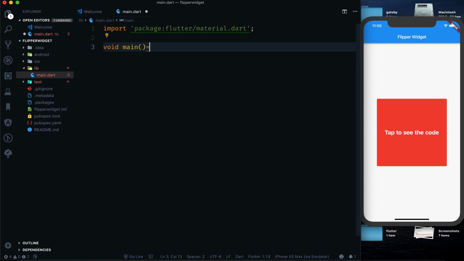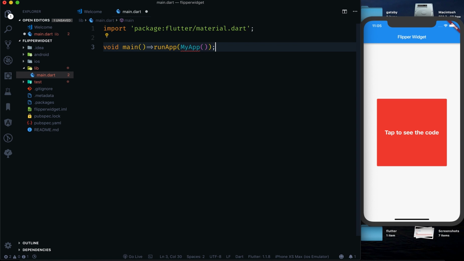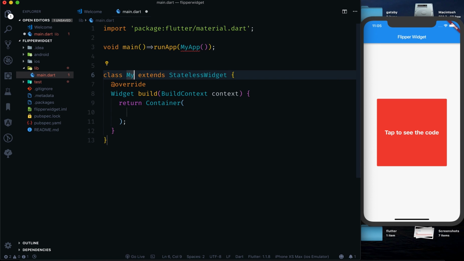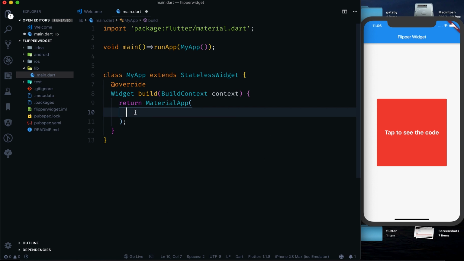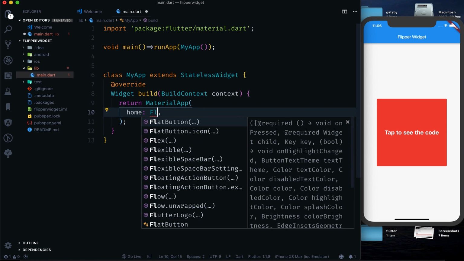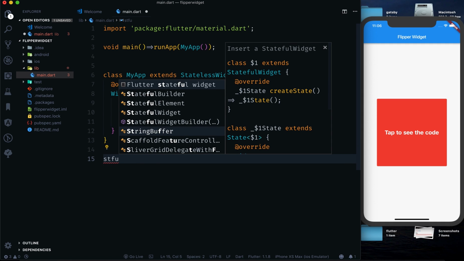Here we have this void main method, which is runApp, MyApp. I know I should not write this boilerplate code, but just for the simplicity of the project, if you are starting from scratch, I'm doing this. So MaterialApp, and then in the home I'm just going to use FlipperWidget. Okay, so this FlipperWidget is still not created, so let's just make here a StatefulWidget